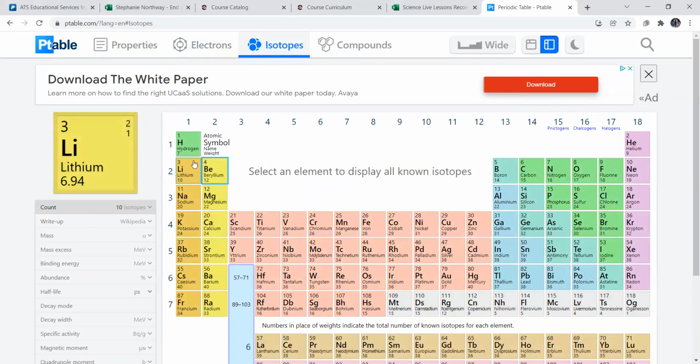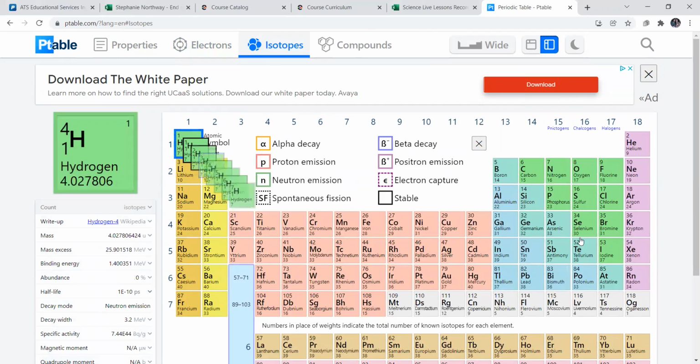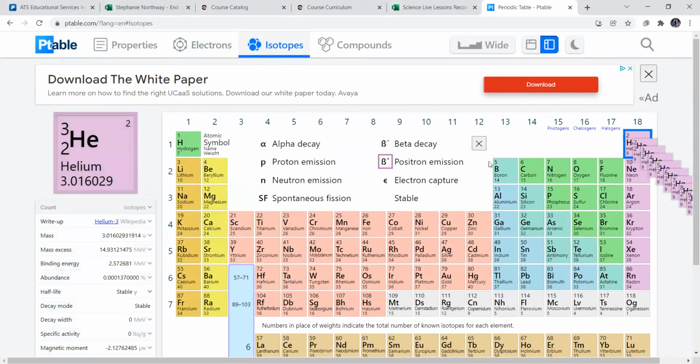Isotopes comes in handy. It gives you all the elements and if they have an isotope, what is it and how it's broken down. So helium has a few because you see there's 2 different ones right here. And then compounds,